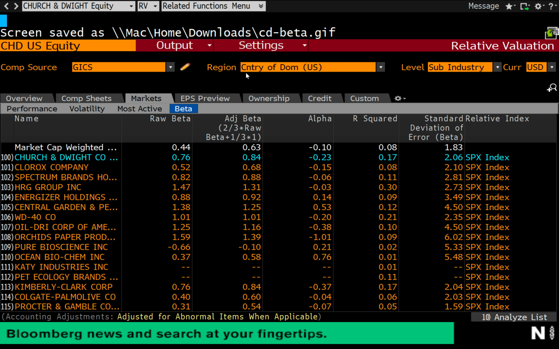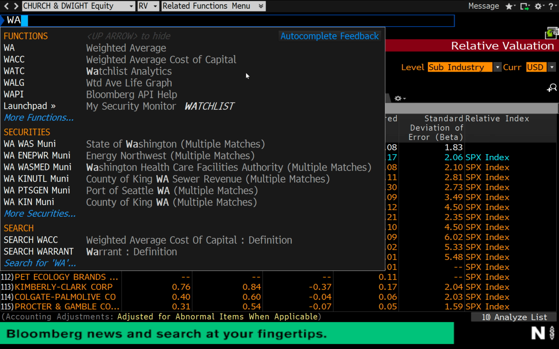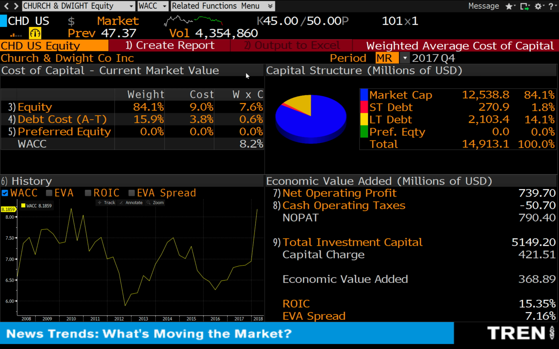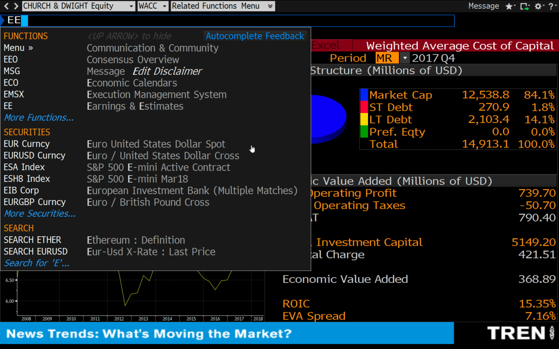Okay. Now, if I am doing the rest of the exercise, I might need their WACC or their cost of equity. So if I type in WACC, this will be the cost of equity, and this will be their WACC. If I go to EEO,